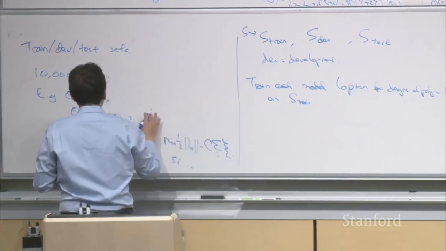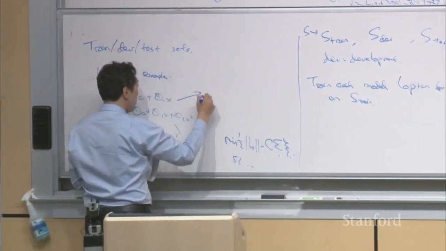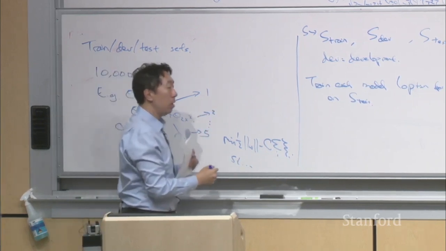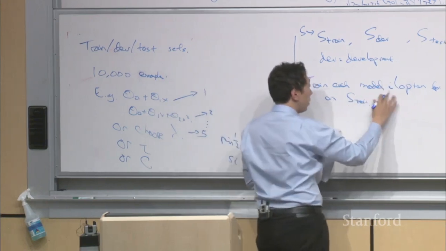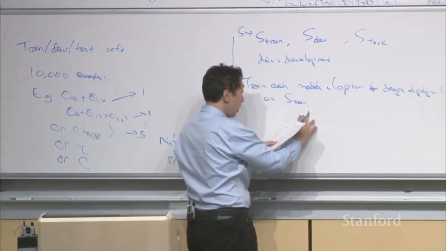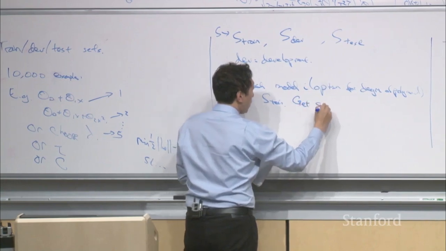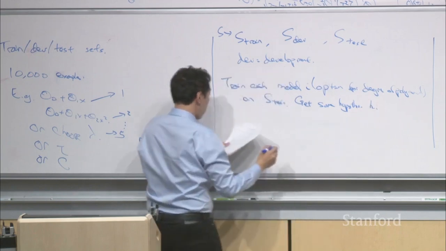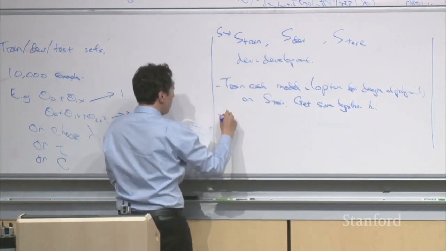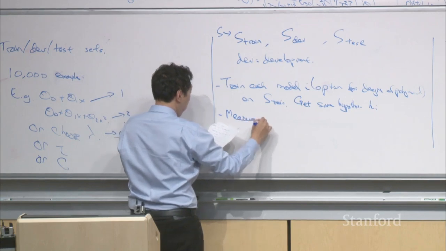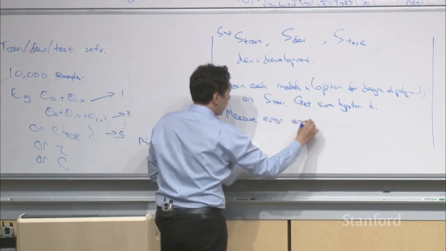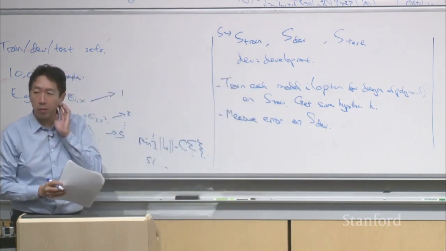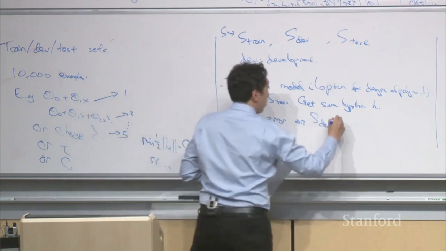So if you're evaluating a menu of models, right? So let's say this is model 1, model 2, and so on, up to model 5, up to some number. Then you can train each of these models on the first subset of your data, and then get some hypothesis, that's called h_i. And then measure the error on S dev, which is the second subset of your data called the development set, and pick the one